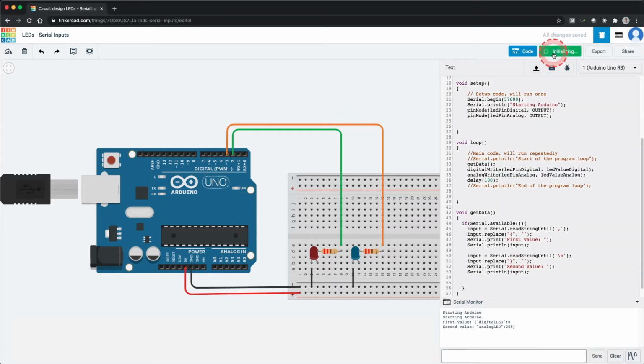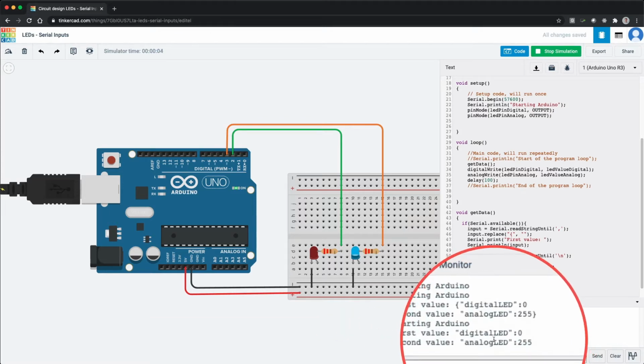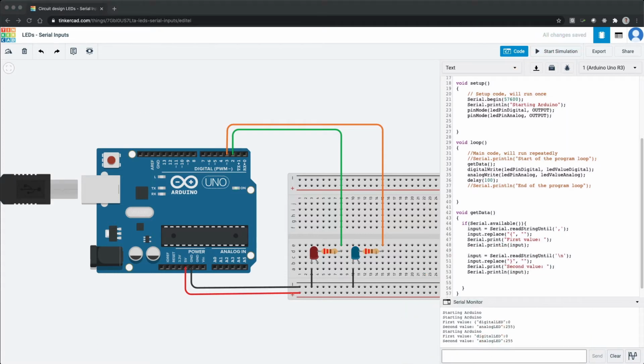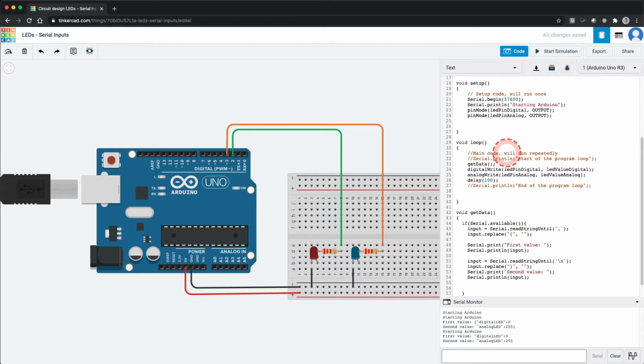Click Start Simulation and paste the string into the input box and press Enter. Now you will see that the strings printed to the serial monitor no longer have the curly braces. Next, we need to take each string and identify the component and the value that it is trying to update. In your code, below the first input.replace, type updateLED(input);